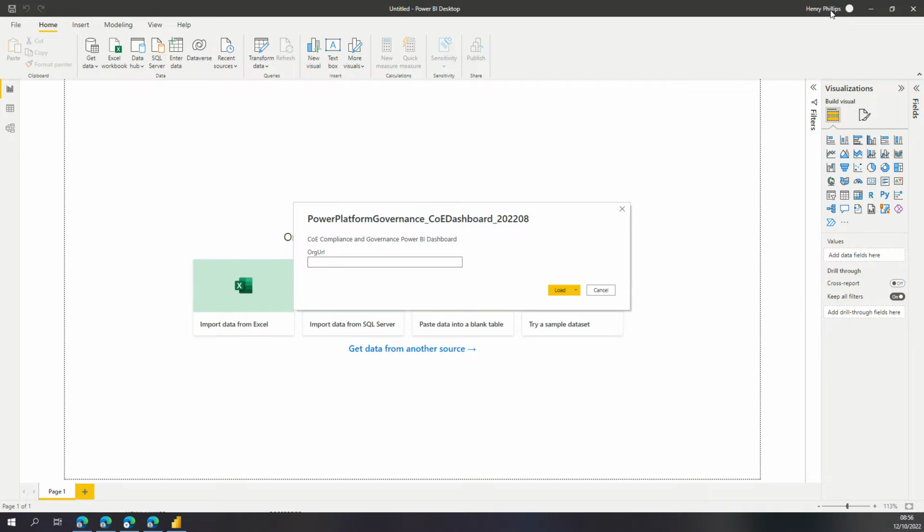We're authenticated with the relevant account. We've gone into our COE starter kit and we've basically selected a PBIT file, so a Power BI template file that begins with production underscore COE dashboard underscore the month and year, which could differ depending on the version of the kit you've got. And then secondly, we'll also use the one that starts with the name Power Platform Governance .pbit